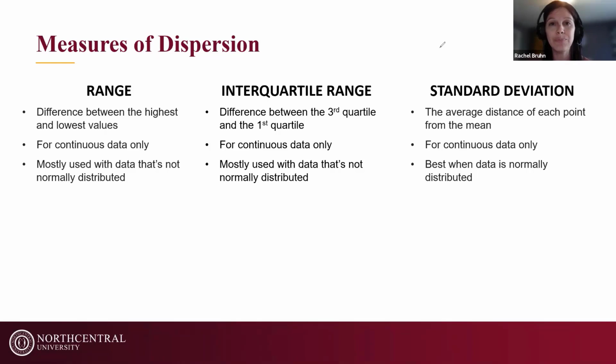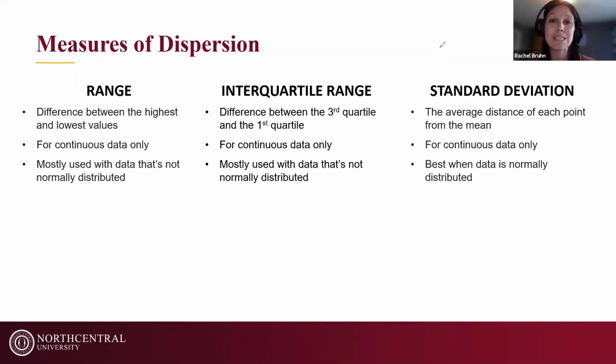and the third quartile. Now, you're probably like, well, I don't know what those are. Simple. A quartile, if you think of quarter, is like 25% of a dollar, right? Or 25 cents. Same thing. A quartile marks those 25% marks in your data set. So the first quartile is the first 25% of your data. The third quartile is the last 25% or has 75% below it. So you would find that 75th percentile and that 25th percentile and subtract those values to find the interquartile range.